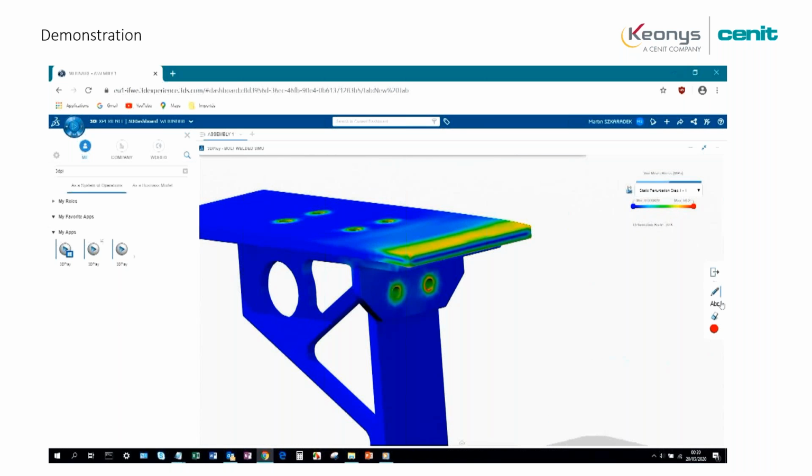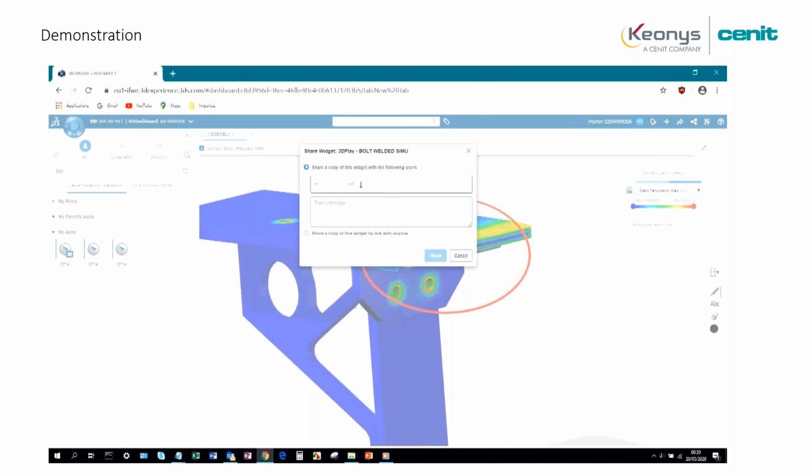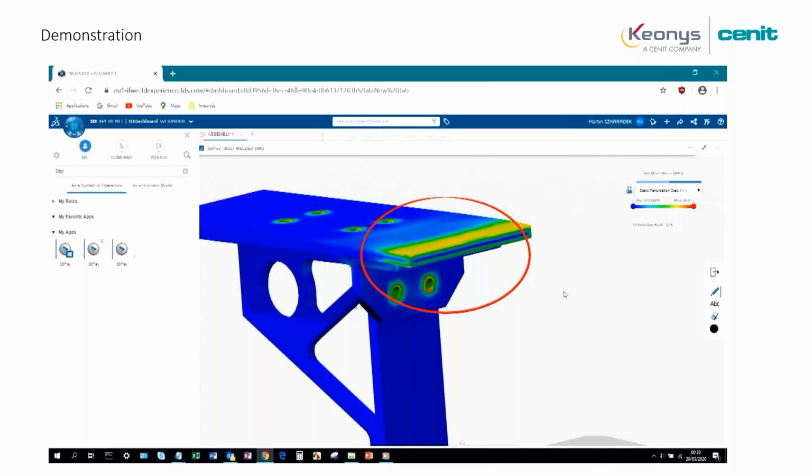So if you want to create a text as an annotation here, you can do this. Add some text to say, for example, look at this part because I think it's very specific. You have high stress here. Okay, and you can share your picture in a community that you will share with all the persons that are in the community. So it's very interesting if several people are working on the same project, and you can share your feedback about the simulation you've done.